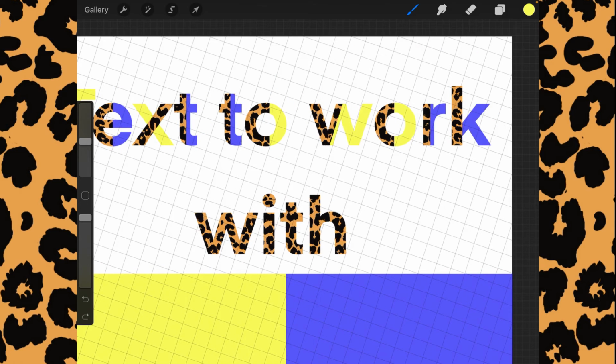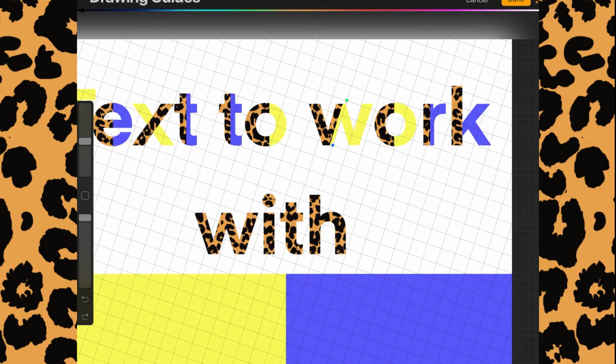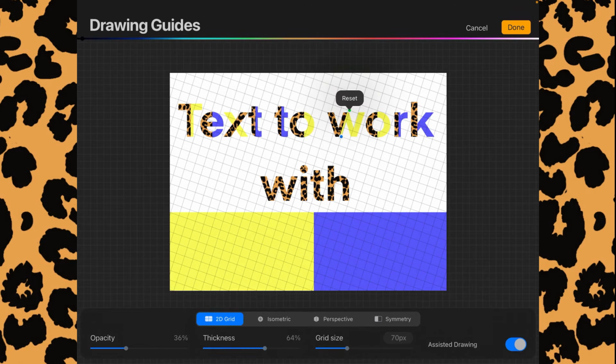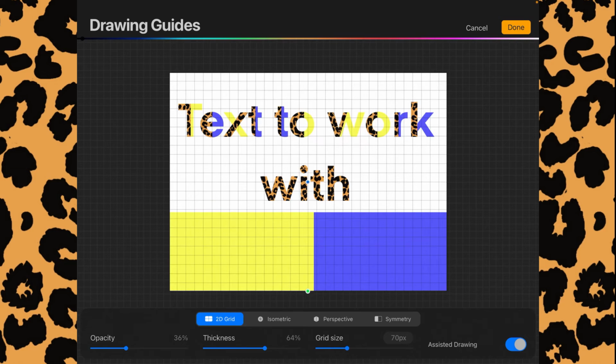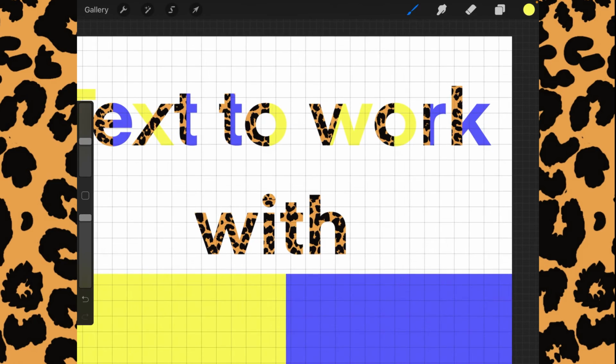Now we want to just do straight up and down again. We go into our drawing guide, tap on either of these. We can tap on this one or we can tap on this one and choose reset, and it puts everything right back where it was. We click done, and now we can split this W up like this and split the T up,